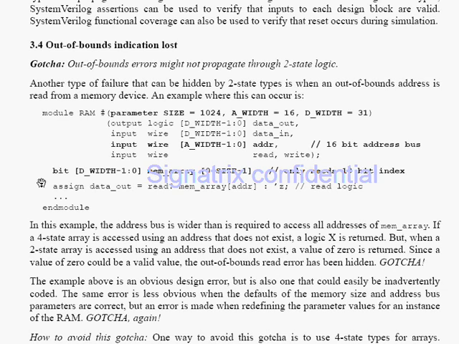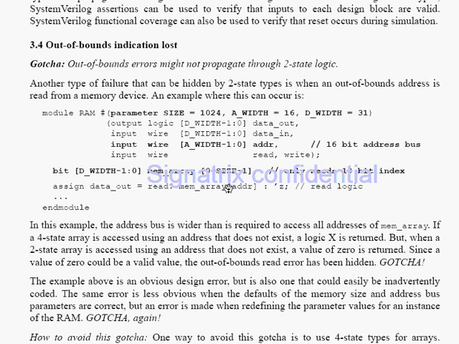This is the gotcha. What they are trying to say is, if we are going with two-state logic, bit or any two-state logic, what is the problem here? Suppose you are mentioning an address of 1025, that address doesn't exist in this memory, that is not a valid address.